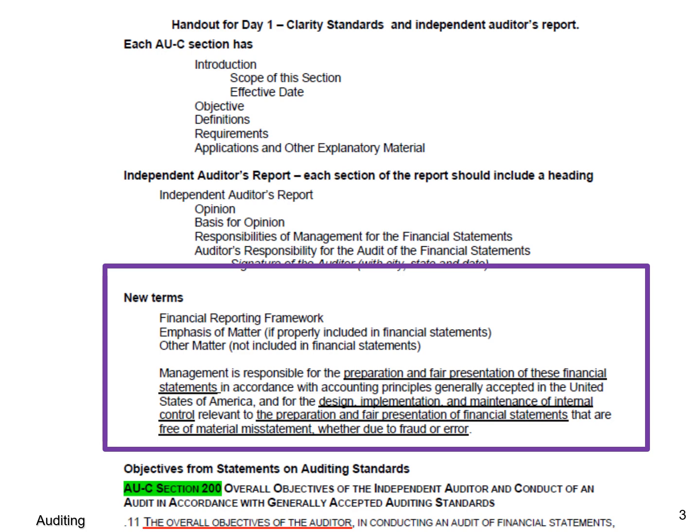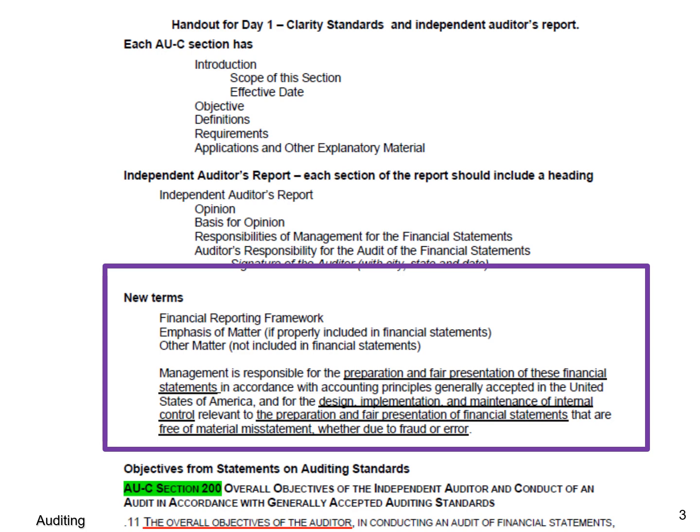A couple things there. So that's not terribly important for this class. It's absolutely essential that you understand management is responsible for the financial statements. The auditor is not responsible for the financial statements. Management is responsible. Don't ever let the client shift responsibility to you.